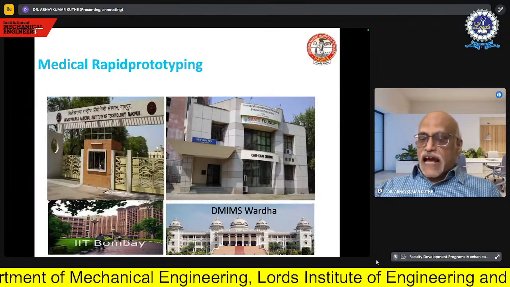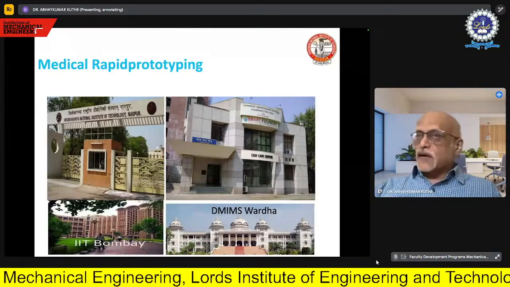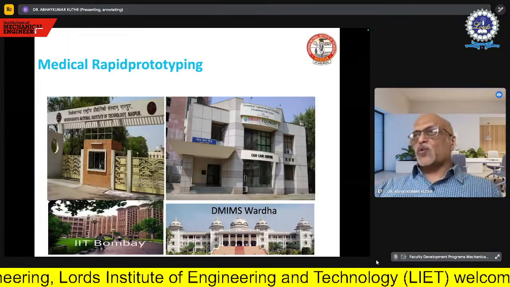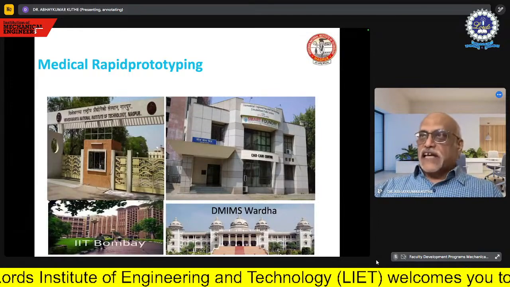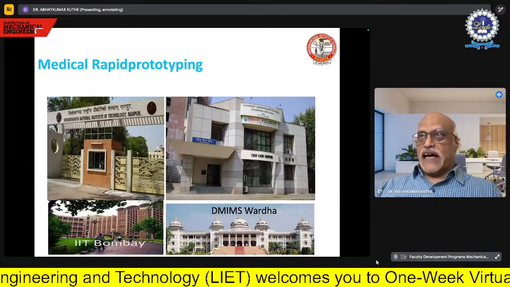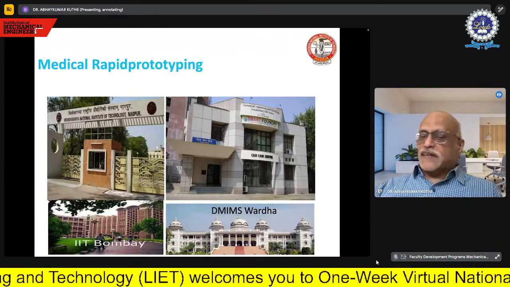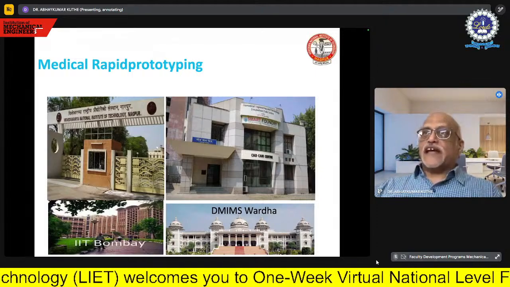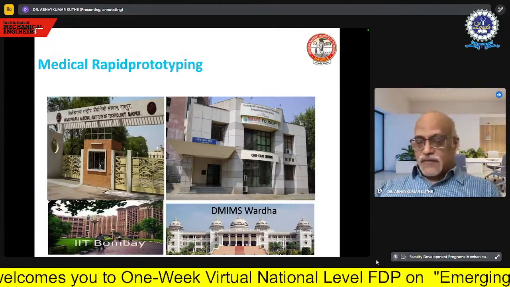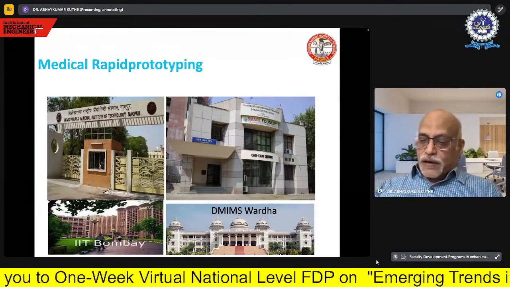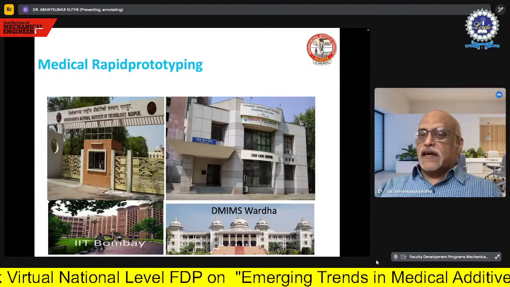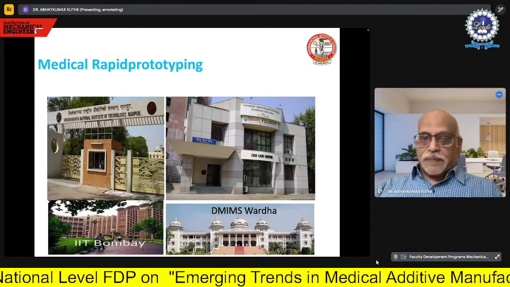IIT Bombay, VNIT Nagpur, and DMIMS Wardha are closely associated. Even now, IISc Bangalore, IIT Kharagpur and IIT Kanpur, all of us are together. We are working with DMIMS Wardha, and I'm really happy to tell you that this medical institute has helped us in entering this particular domain of medical sciences, and we have used their facilities to show them how best engineering can be useful to them.